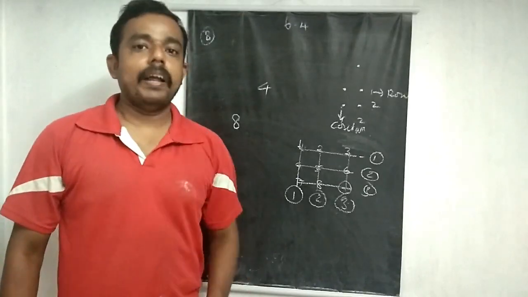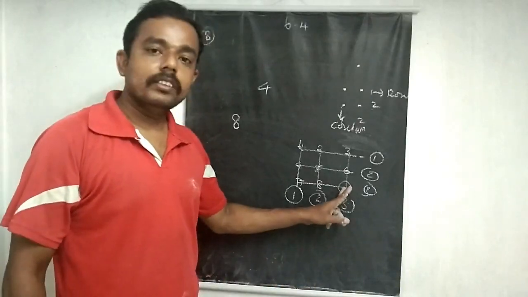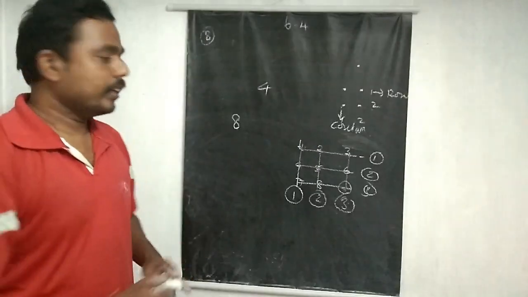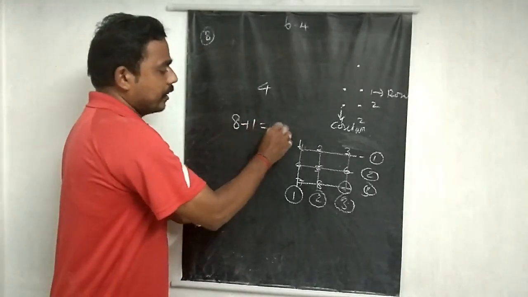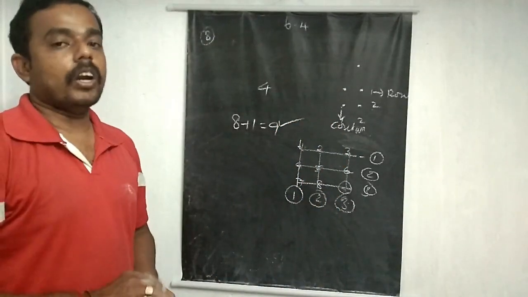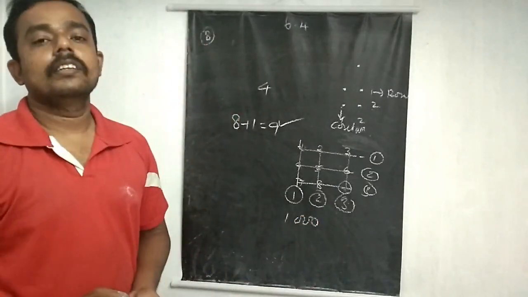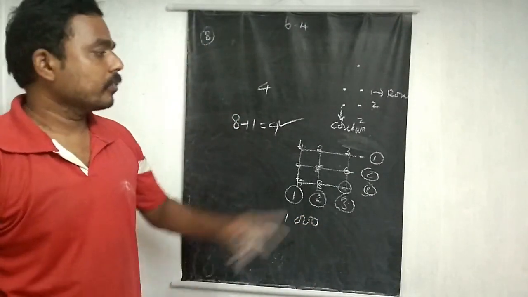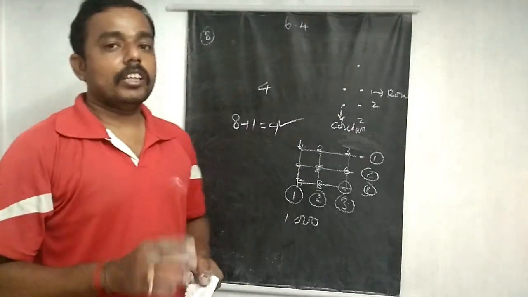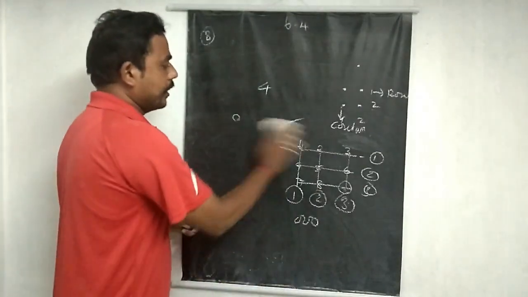So how many plants are needed? That is, what number should be added? What number should be added so we get a perfect square number? Here we can add 1. We get 9. So 9 is a perfect square number. So what is the next smallest perfect square after 1,000, so that we can make a number of rows equal to the number of columns? So the exact question is: what number should be added to 1,000 so we get a perfect square number? This is the meaning of this question.